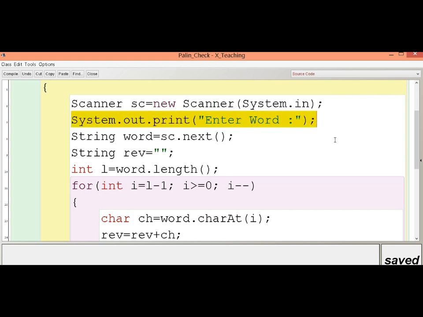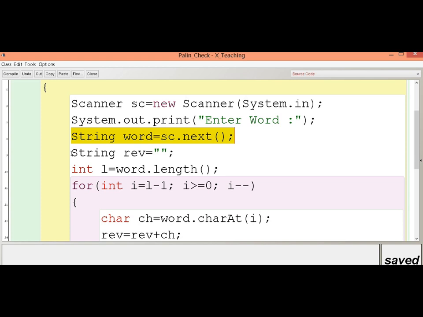System.out.print "enter word" is used for giving the message on the screen, and this line is a bit changed. You will see String word equals sc.next. Instead of nextLine, I have used the next command for taking the input as a word without space.